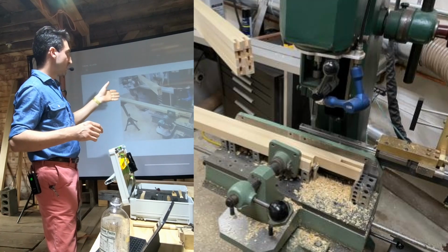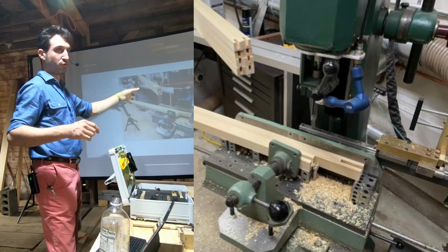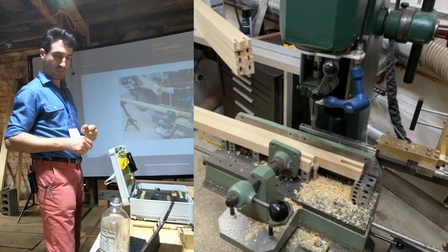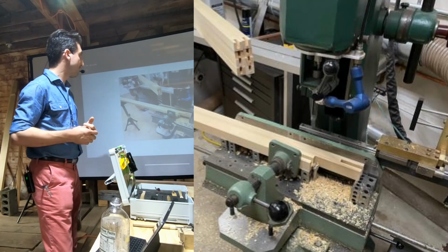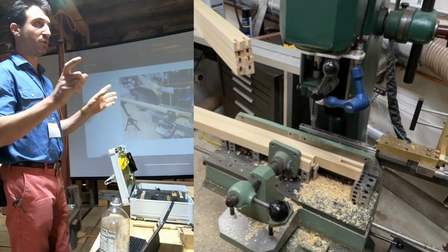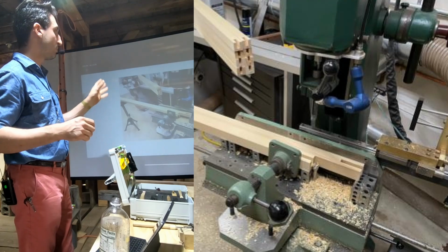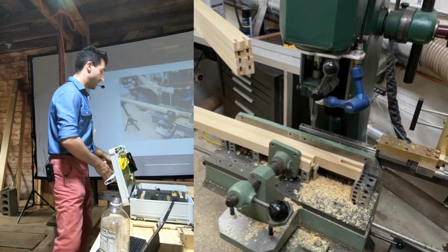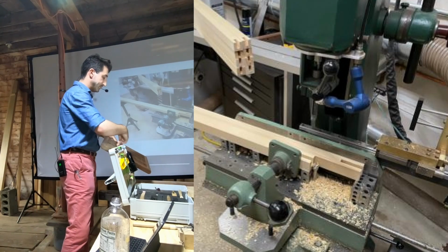And I utilize those stops along with the setup blocks, the 1, 2, 3 blocks, which, if you're not familiar, grab yourself a set of those. They're not very expensive, and they're super useful. And I can make a position between stops very accurately. So if I lay out my shoji, if I lay out my kumiko, which is going to be this part,